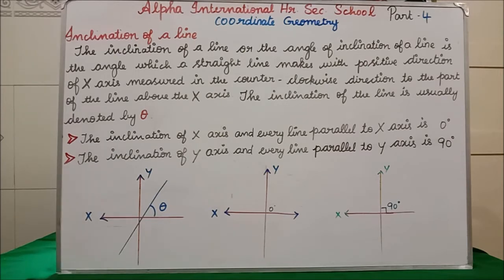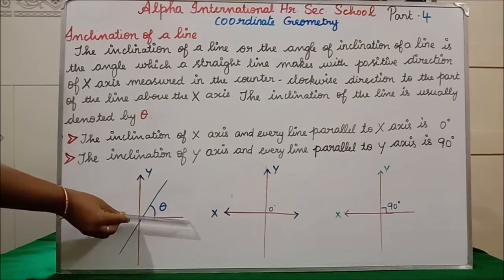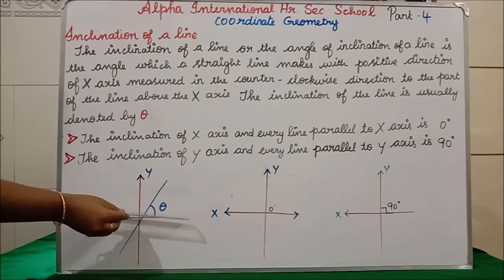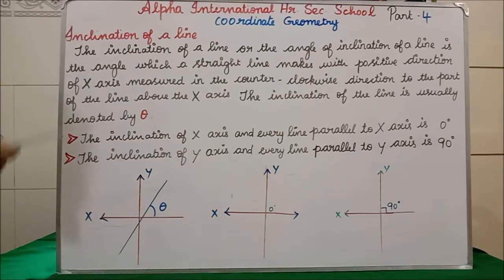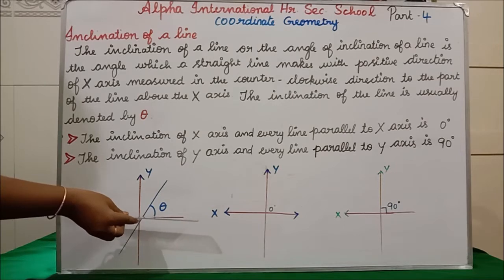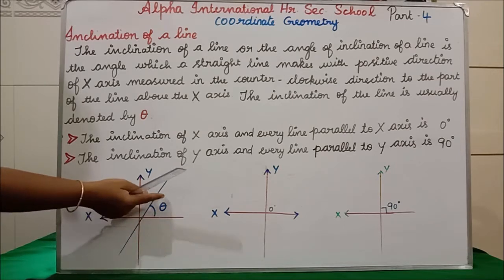Students, in this definition, what they are saying is, you can say it as inclination of a line, or we can say angle of inclination of a line is the angle which a straight line makes with the positive direction of x-axis. See, suppose you are having the line like this. Now we are turning it through some points like this. How we have to turn means positive direction of x. They are saying positive direction of x-axis. This is our x-axis, where we are having the positive direction, here and here also positive direction.